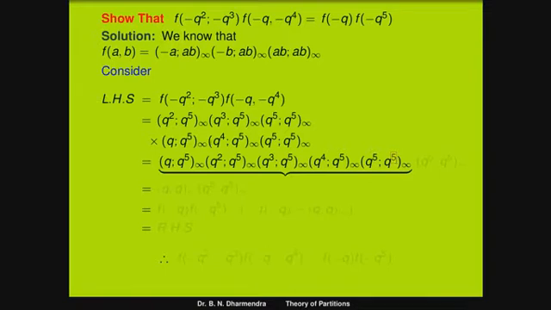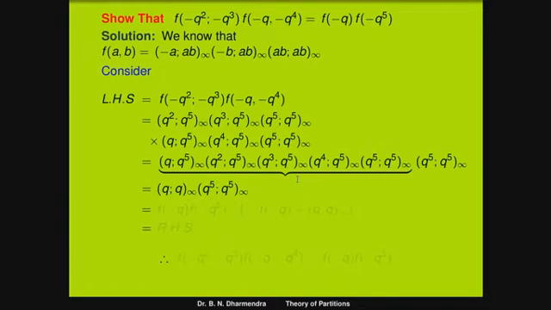Likewise, the first term is q and the second term is q^2, the next term is q^3, the next is q^4, the next is q^5. Then when I combine the terms, the next terms are q^6, that is 1 minus q^6, q^7, q^8, q^9, q^10. So that is the expansion of the theta function statement in terms of a q-shifted factorial. So that is (q; q)∞. The next term can be written as (q^5; q^5)∞. So overall these terms can be written as (q; q)∞ into (q^5; q^5)∞.